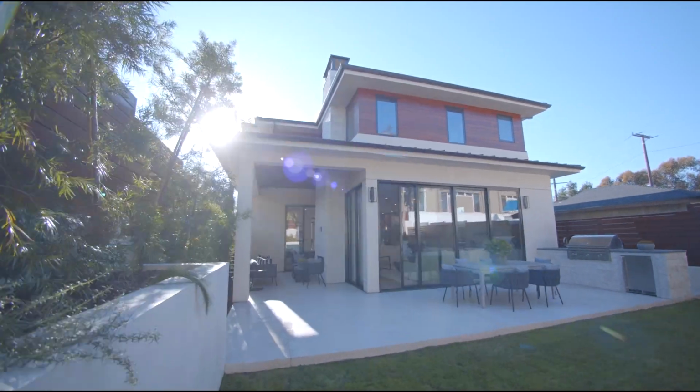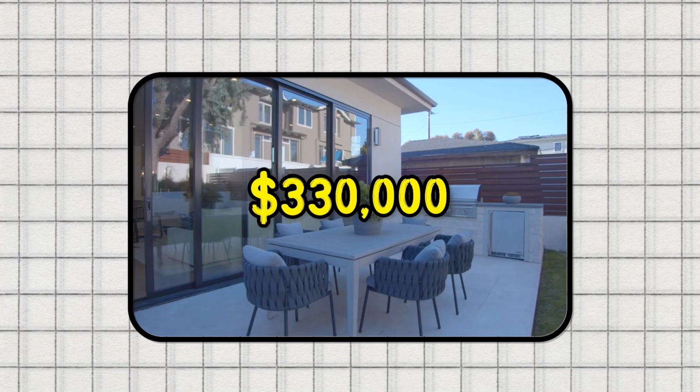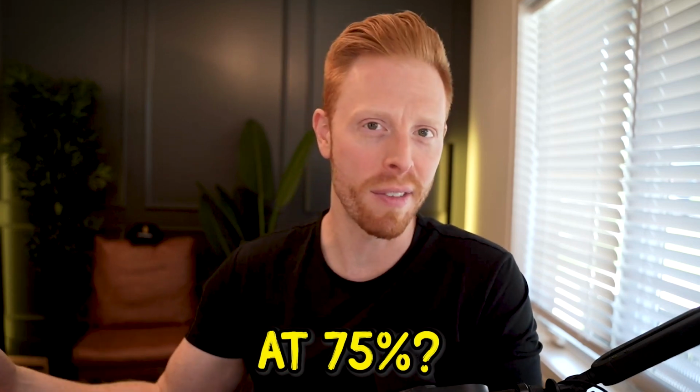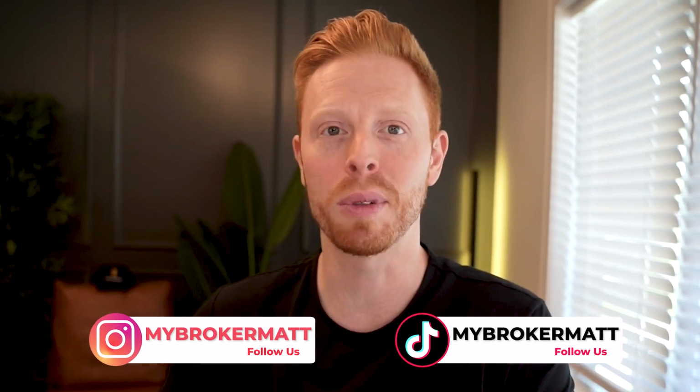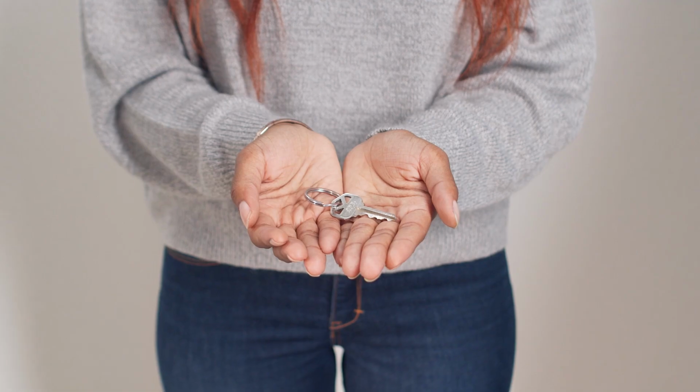Here's a burster that we did. We bought this property on Canmore for $207,000, put about $38,000 for the rehab. The property is currently valued at $330,000. So what is that when you do a cash out refi at 75%? That ends up being just under 75%, which is 74 and change. Because it's under 75%, we were fully able to recapture all our initial payment to buy the property, as well